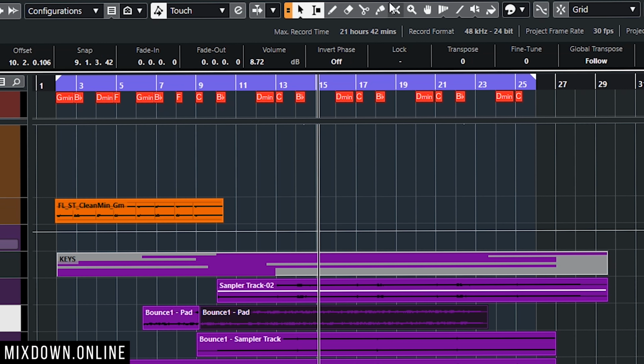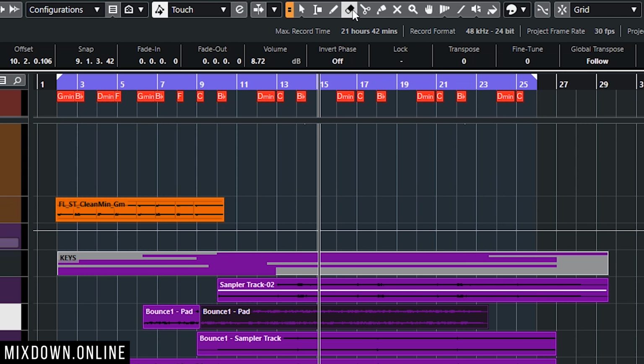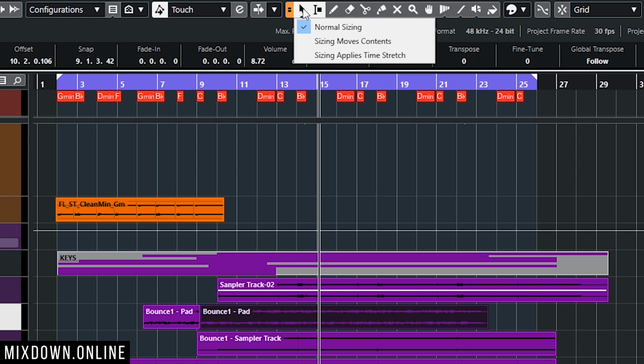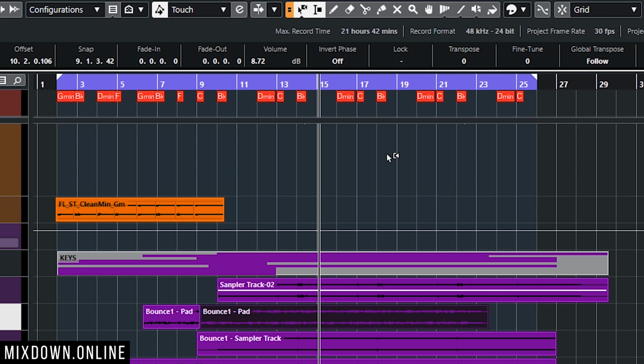Now, if you have another tool selected, okay, like the erase tool that I have selected right now, and I want to go back to the combine selection tools, I can just select the object selection tool key command or the range selection tool key command. One or the other are going to go to the object selection tools. If I want to just toggle between the 3 sizing options found in the object selection tools, I just use the same key command as before, and that will allow me to toggle between those 3 sizing options. Okay, so this is not going to change.